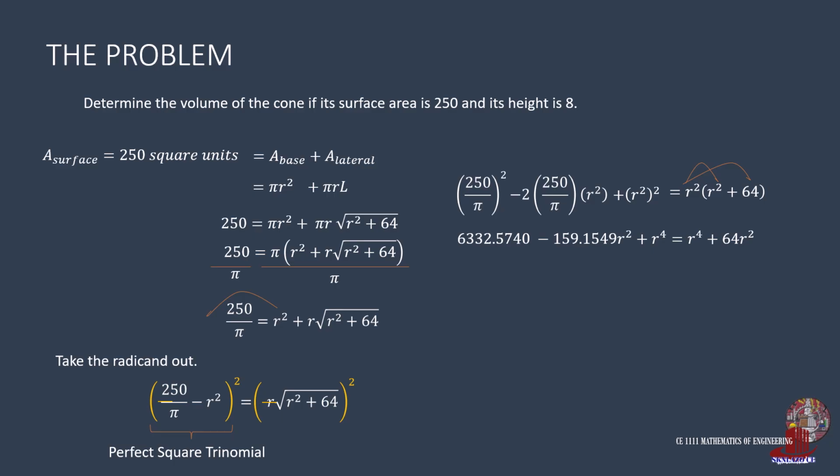6,332.5740 as equal to 159.1549 r squared, then the last term of r raised to 4. This is equal to r raised to 4 plus 64 r squared. Cancel out r raised to 4, then collect all terms with r squared, thus having 223.1549 r squared as equal to